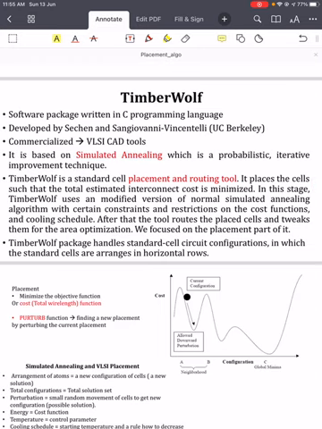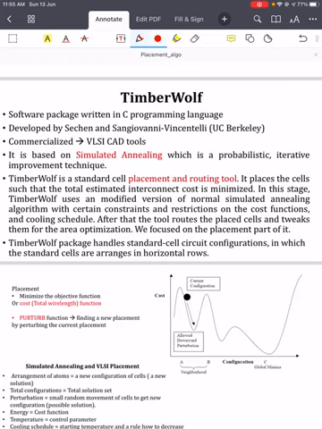Okay, what is TimberWolf? TimberWolf is just a software package written in the C programming language, and it was academically developed by Sechen and Sangiovanni-Vincentelli at UC Berkeley. Initially it was developed academically, and then it was commercialized and incorporated into VLSI CAD tools. Now it is based on the simulated annealing algorithm, which is a probabilistic iterative improvement technique that you